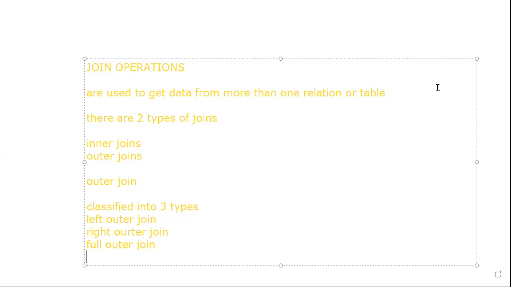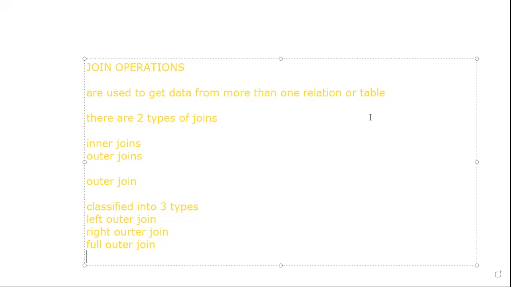What is meant by left outer join? The left outer join operation allows keeping all tuples in the left relation. However, if no matching tuple is found in the right relation, then the attributes of the right relation in the result are filled with null values. So simple logic: if you take two tables, and the table 1 values do not have matching values in table 2, the table 2 values will be displayed as null.